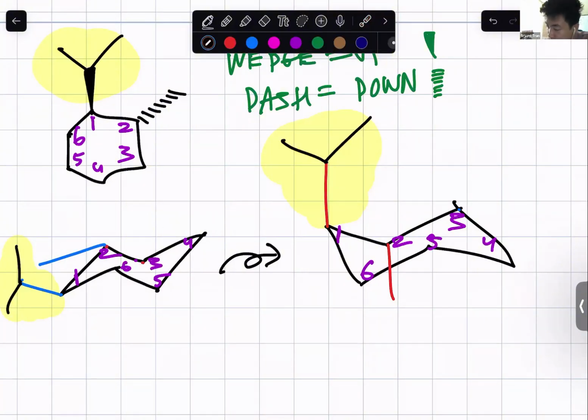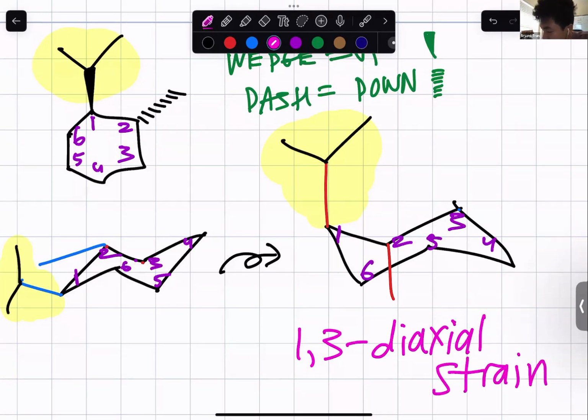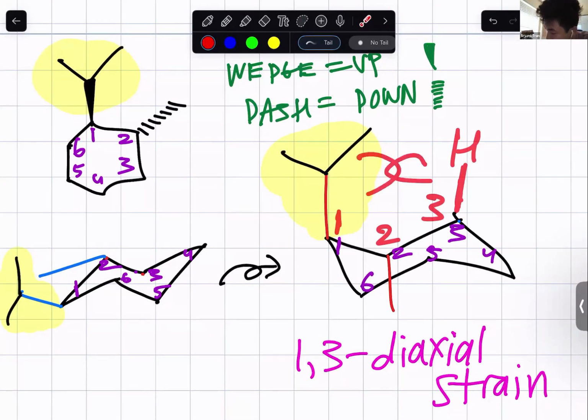And that specific steric hindrance that I just showed you is going to be called 1,3-diaxial strain, which is a specific type of steric hindrance, right? Gauche is another specific type of steric hindrance, but that's for Newman projections, where the two bulkiest groups are going to be near each other, touching each other. In this case, it's called 1,3-diaxial strain because the groups touching each other have a 1,3 relationship like that. And diaxial means that there's two axial groups having steric hindrance like that.